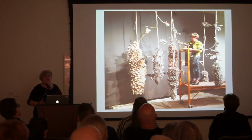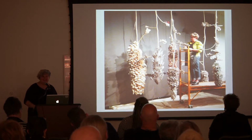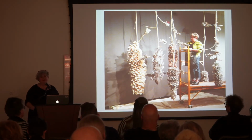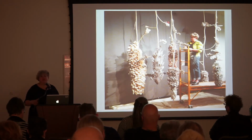And this is typical of the process. It's good old-fashioned hard work, long hours, and with gracious assistance. I usually have 2, 3, or 4 people helping me on site building the projects. The pieces are either sited permanently within permanent collections, or in some cases I know that the piece is not getting sited permanently, or